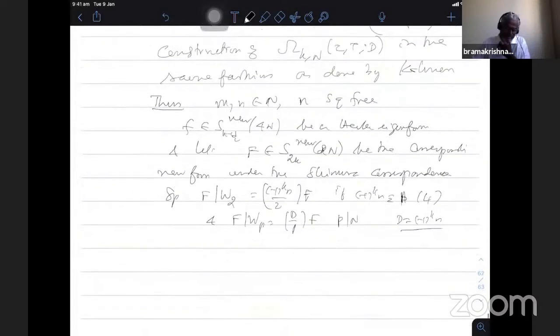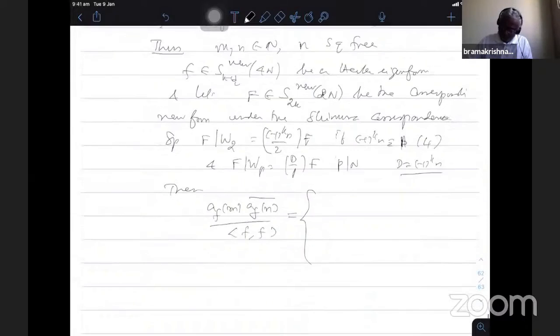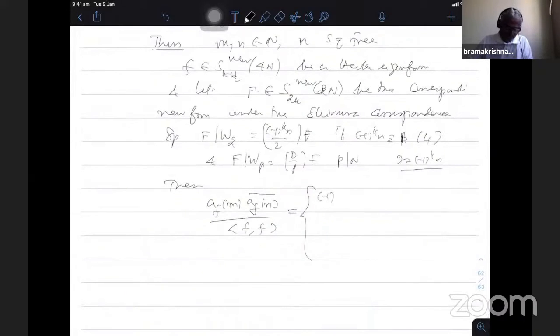There is a change of notation here. In the case of Conrey, f is of integral weight; in our case, half-integral. He uses g and f, and we use f and capital F. That is the difference. Therefore, looking at these two theorems, one should not get confused that the function notation is different in the results.